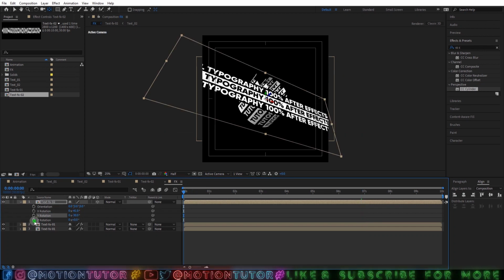And then go to first frame and add a keyframe on Z rotation, and go to last frame and change